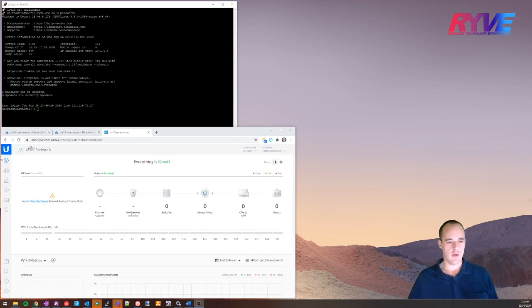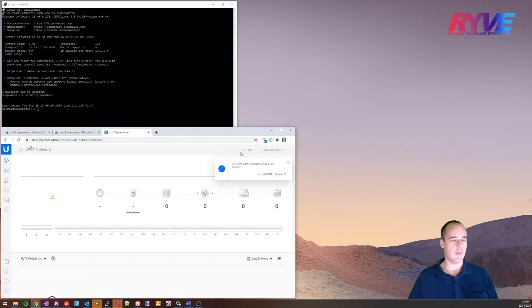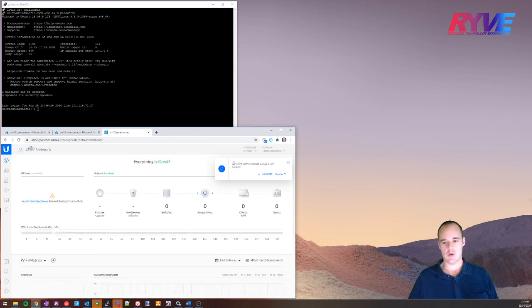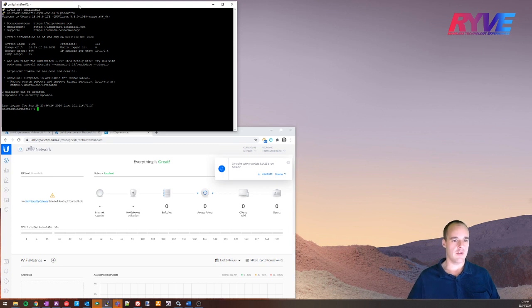So here you'll see we've got our controller. When we normally log on, it'll pop up and say that there's a controller update. So what we're going to do is connect to the console of the server using PuTTY via SSH. So make sure you've got the necessary access to the server and go through the process and make sure it's up to date. Now, you can see this one's up to date because there's only 2 packages to be